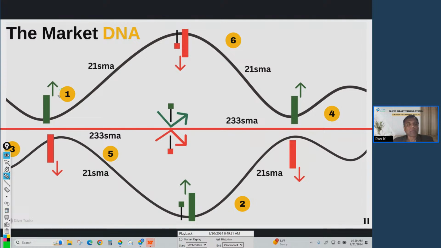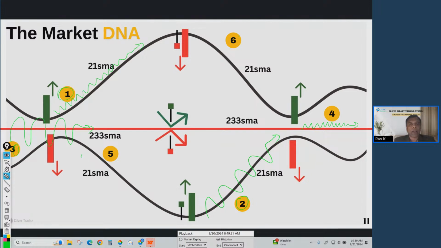Now notice that we have used the numbers 1, 2, 3, 4, 5, 6 throughout this chart. These numbers are from the previous chart, the six different market conditions. Market condition number 1, which I drew in the previous slide, was like this. Market condition number 2 was making swings and going up. Market condition number 3 was making swings but staying sideways. Market condition number 4 is a sideways, narrow market.